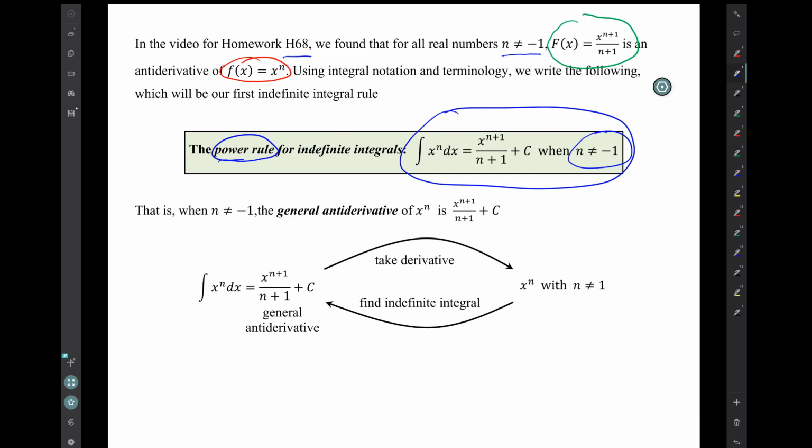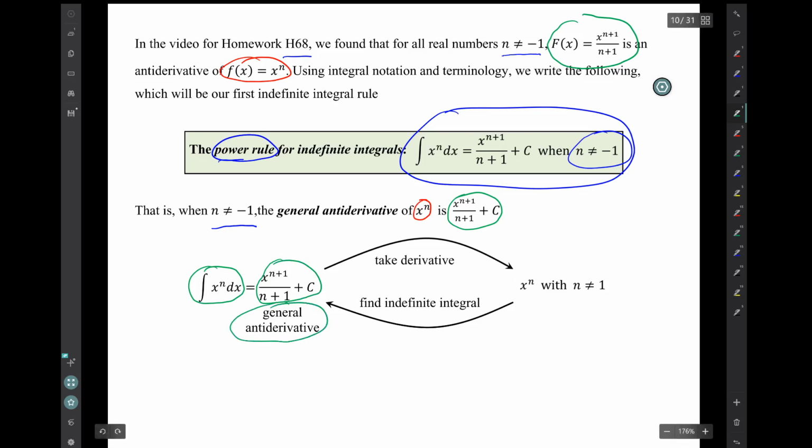So that is, when n is not equal to -1, the general antiderivative of x to the n is this expression, x raised to the n plus 1 over n plus 1 plus capital C. So in a diagram, that would be illustrated this way. This symbol, the integral symbol, equals this function form, which is the general antiderivative of this function, where n is